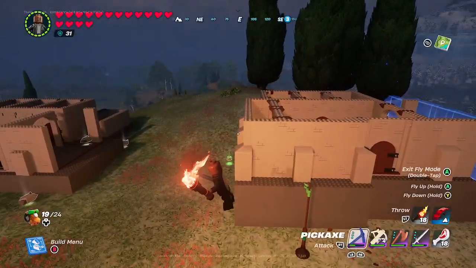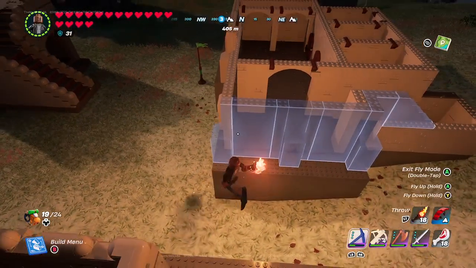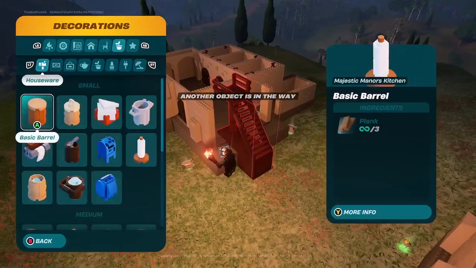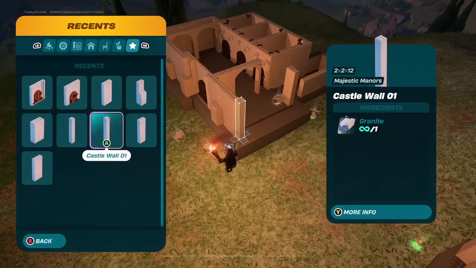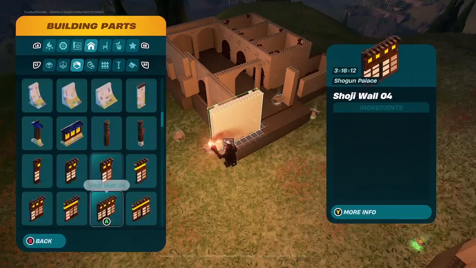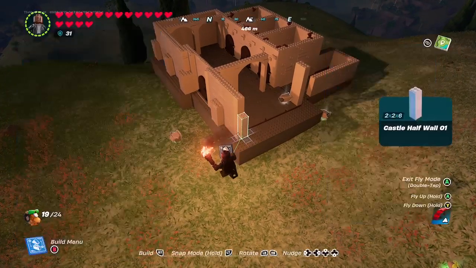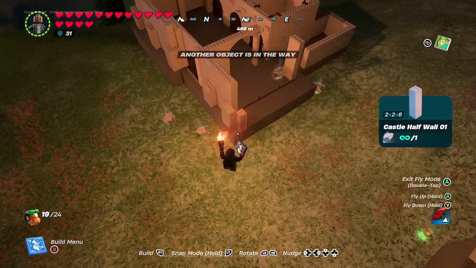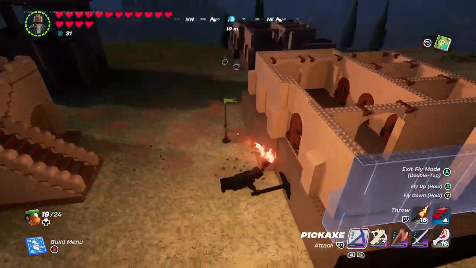It's now 9:34. Yeah, I gotta watch the clock. We got a fair amount of work to do today, so no messing about. Alright, so this is interesting. We got a corner piece. So corner. Half wall single. Double, depending on how you want to look at it. There we go. Start there, and then we go